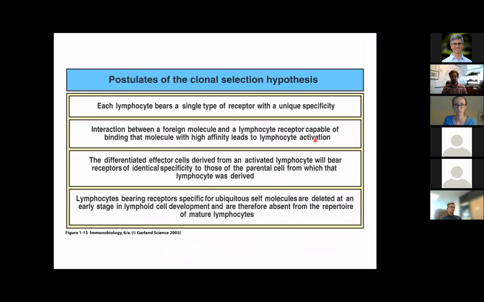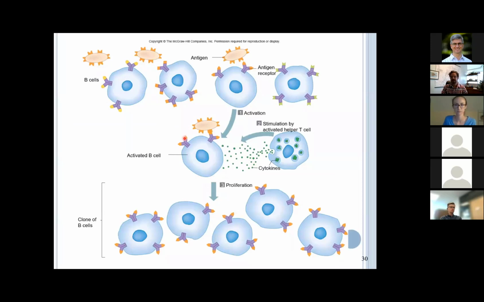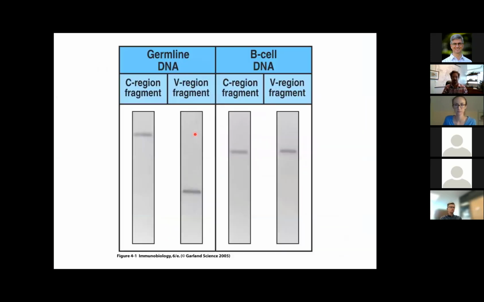So the really tricky part of this, in terms of it working, is how is it possible that we can make cells with our relatively finite genome that only has 30,000 genes? How can we make cells that have an antibody for things that we've never ever seen before, and that basically we never have a hole in our immune repertoires? And so the answer to that came sort of in the late 70s, where the discovery was made that if you looked at this,